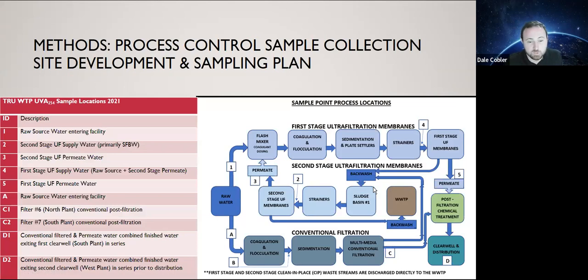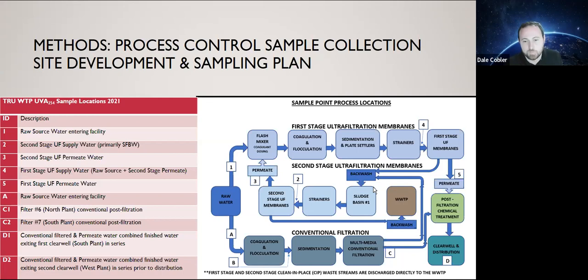It was necessary to establish sampling sites, as mentioned before, that would represent the organics removal at all the different stages of the treatment. Because it is effectively 4 plants in one, that can be a little busy. The conventional and ultrafiltration membrane combination at the TRU water plant has locations where these systems function independently and where